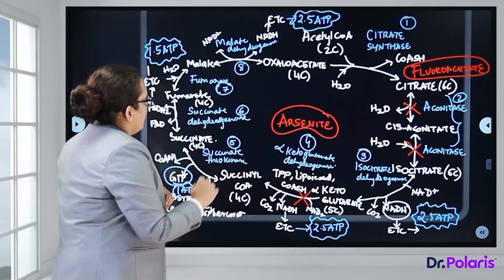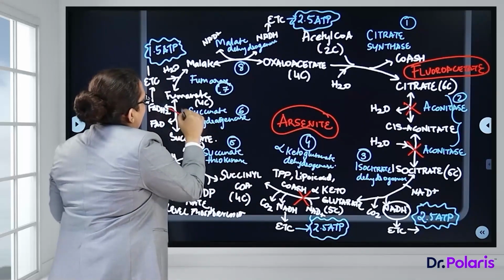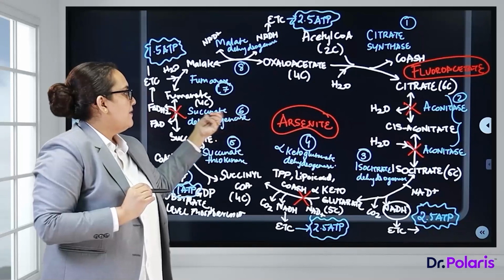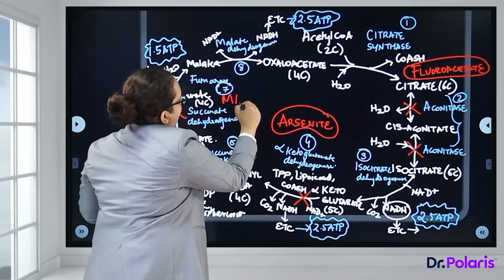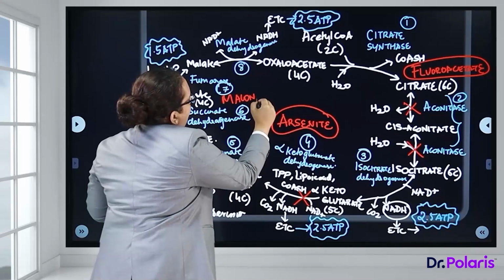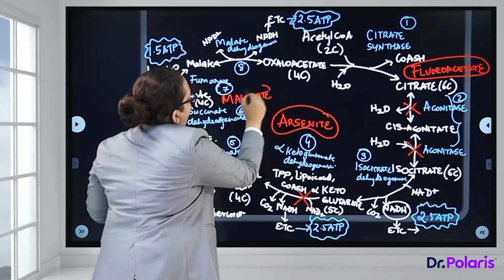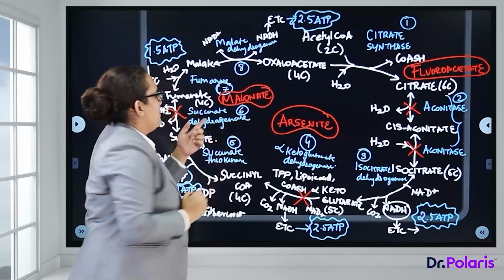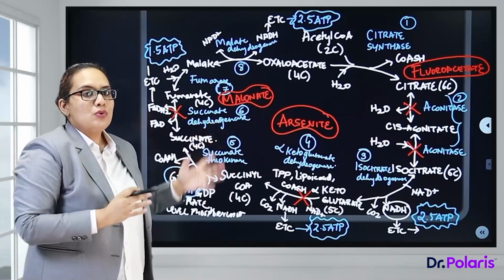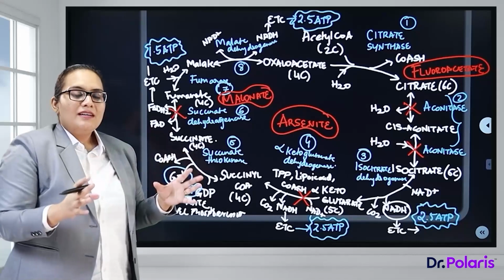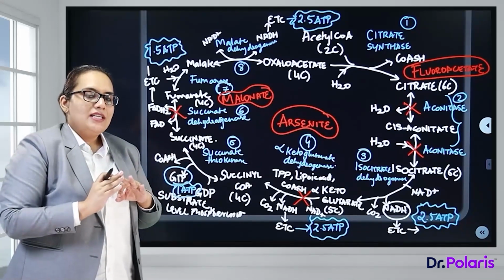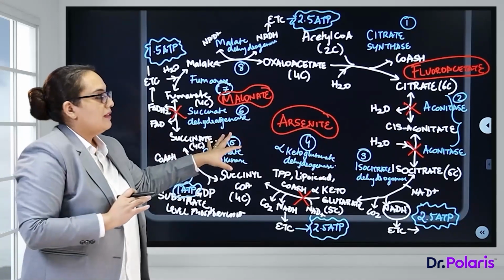And the last inhibitor for the pathway is here at the level of succinate dehydrogenase, where you have malonate, which is the last inhibitor. It inhibits the enzyme succinate dehydrogenase through competitive inhibition. So with this, I'm done with the inhibitors as well as the energetics along with the reaction of the pathway